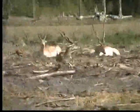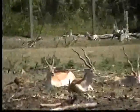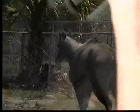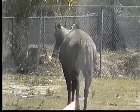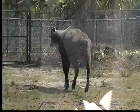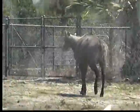Breeding males will not tolerate other rival males. Leopards and hyenas, nilgai have very keen senses of hearing and eyesight to help them sense approaching danger. When startled, they can run away at speeds that easily outdistance greyhound dogs and are able to clear high fences from a standing jump. That unique springing behavior you may see is called pronking. The black buck will leap straight up into the air and land on all four feet at once. This behavior may be